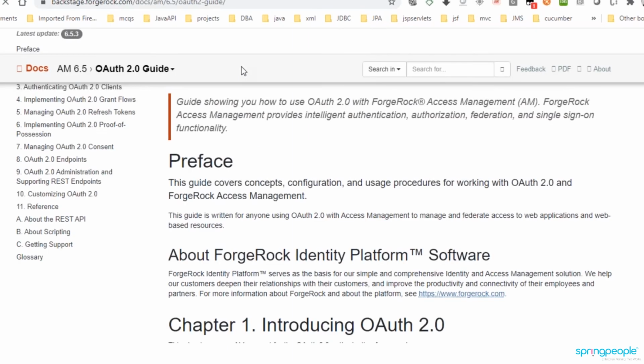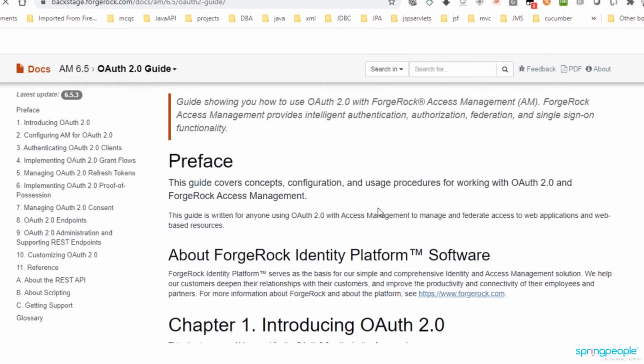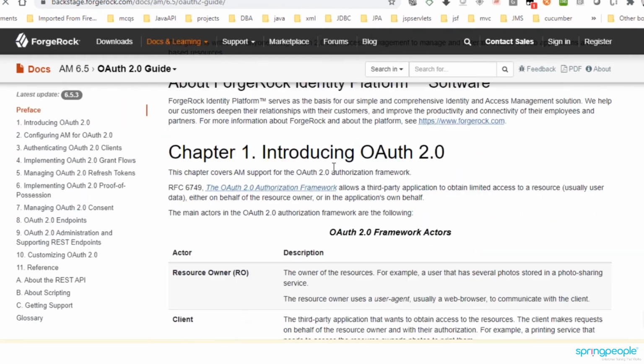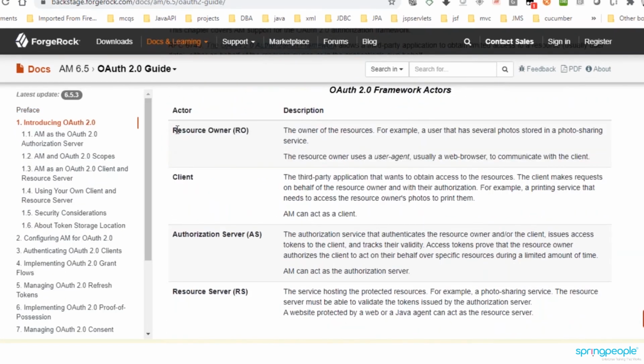So we can prepare our own authentication, and we have some terminologies in the authentication. So we will have a resource owner, that is the owner of the resources. That is, a user that has several photos stored in a photo sharing service. He is the user. If they are my photos, then I'm the resource owner. There is a user agent or web browser to communicate with a client.